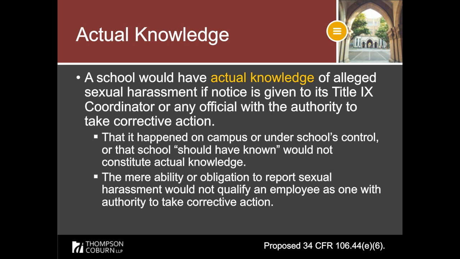I listened in last week. The National Association of College and University Attorneys did a very nice briefing right after the unofficial rule was published. One of the things they pointed out is, schools may, in this instance, want to think about who those folks are and even go so far as to officially designate who the people on their campus are who they believe could take corrective action, just to keep track of that. But the important takeaway here is